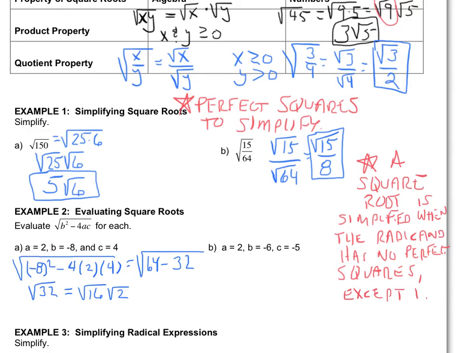Square root of 16 is 4. Square root of 2, there is nothing further I can do in the square root of 2, so 4 square roots of 2. On the second one,